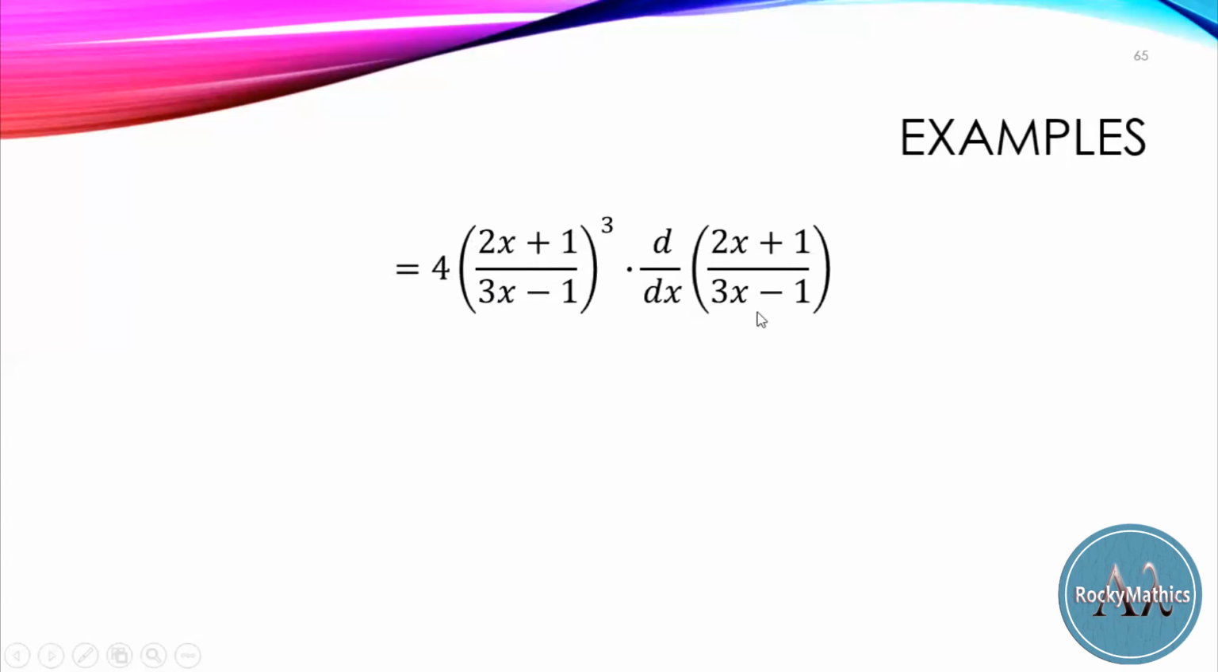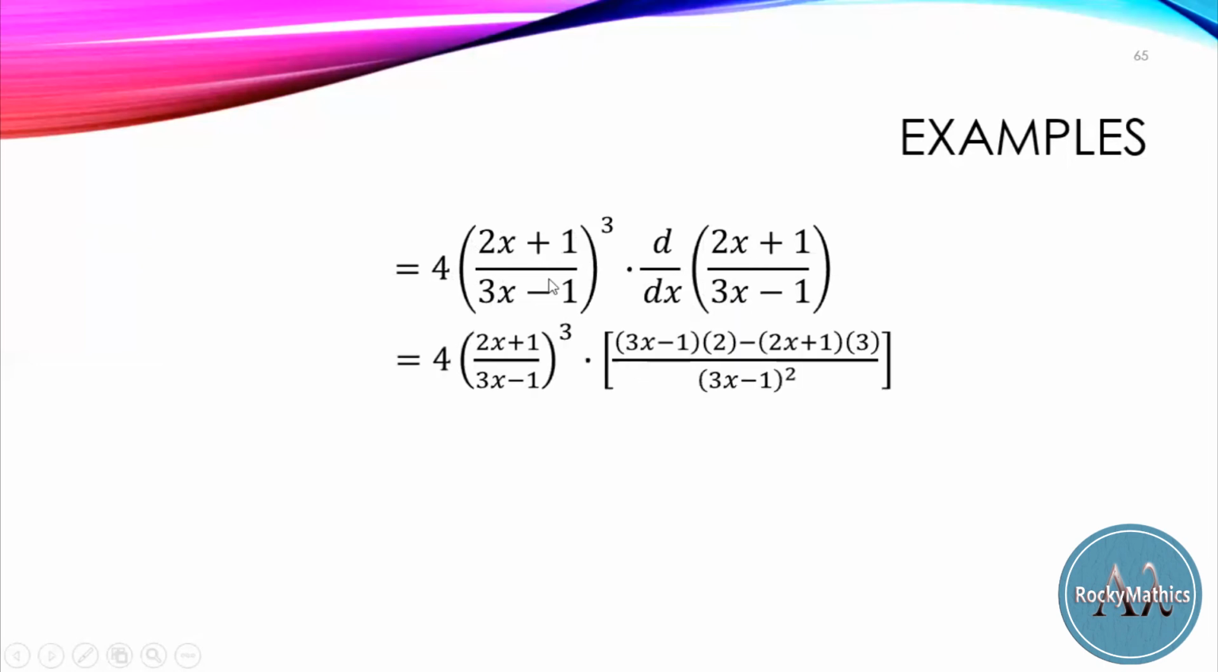Now, the derivative of this can be obtained by using quotient rule because this is a quotient of two expressions. So this will be copied and we use quotient rule. We have 3x minus 1, you square this one, then copy 3x minus 1, which is the expression in the denominator, times the derivative of the numerator, which is 2, minus the numerator times the derivative of the denominator, which is 3. Then simplifying the expression, we have